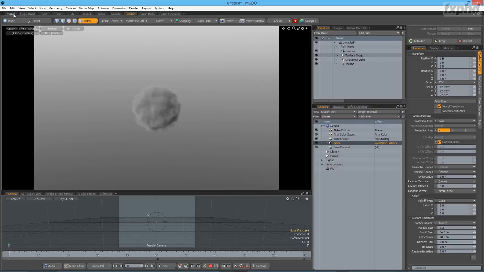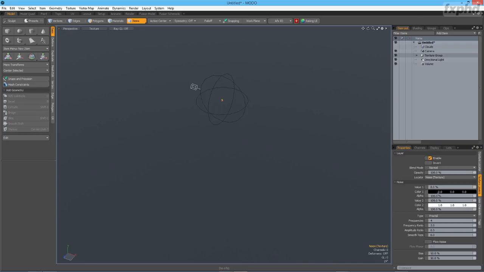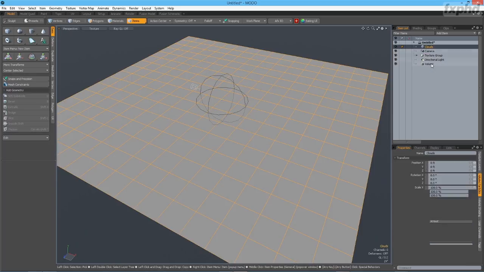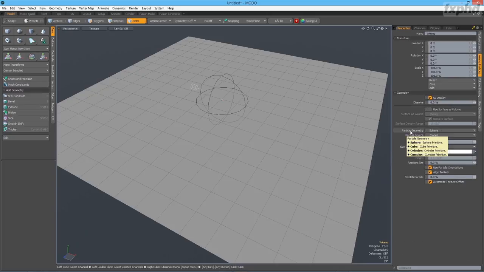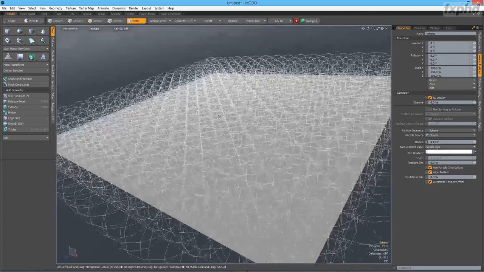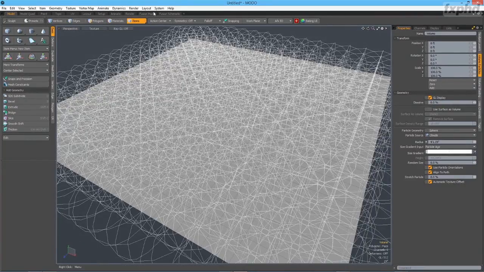So I'm going to come back to the model tab, and to bring back our items view, I can hit 0. And so I'm going to turn on my cloud layer. Then under the volume item right here, we have a particle geometry and particle source. Our particle geometry is going to be a sphere primitive, which is what it's set to by default. Our particle source we can put to clouds. And now all of a sudden you see that we have a whole bunch of these volumetric items attached to this mesh. So if we come back to the render tab,